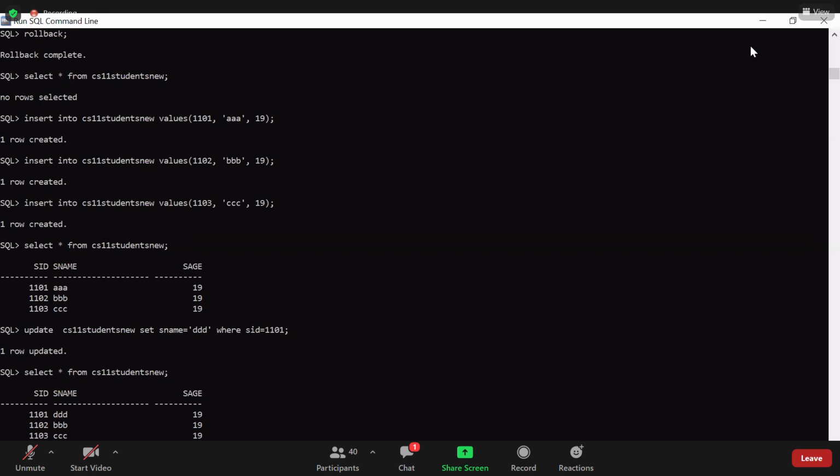If I specify age equal to 19, and all the students have the same age 19, then all the records will get deleted. If the condition is satisfied, that many records will get deleted. But if you want to delete only one record, then you have to specify that record's value here, where SID equal to